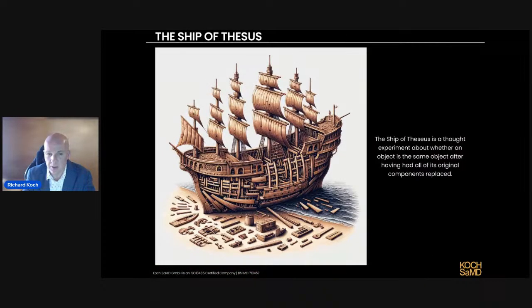There is a philosophical issue here, which is a little bit of a side note. There is a philosophical thought experiment. If you have a wooden ship and you replaced every plank and structure in that ship, every sail over time, is it the same ship? It looks the same, but every part's been changed. And our medical device software is a little bit like that. Maybe not that extreme. You always have core parts of your code you probably don't change, but who knows? Given enough time, maybe you do.